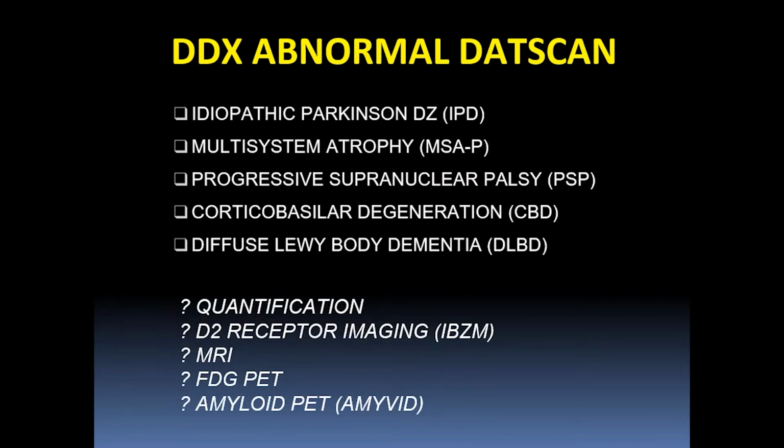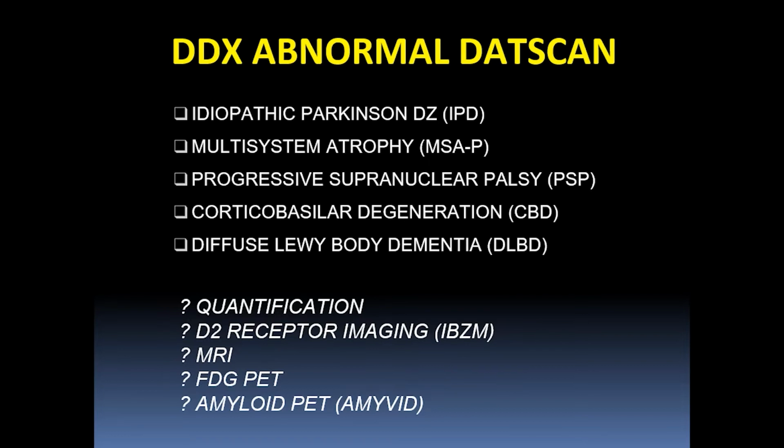So what other things can come into play here to try to help tease out what we're dealing with? Quantification, which I'll talk more about later, unfortunately suffers from the same challenges as qualitative assessment. It cannot tease out whether one is dealing with one of the atypical Parkinsonian syndromes versus idiopathic Parkinson's disease. There is something known as D2 receptor imaging, where instead of imaging the presynaptic terminal, you assess the postsynaptic terminal. It's not yet FDA approved for use, but if you had that available in, say, a research role, it would